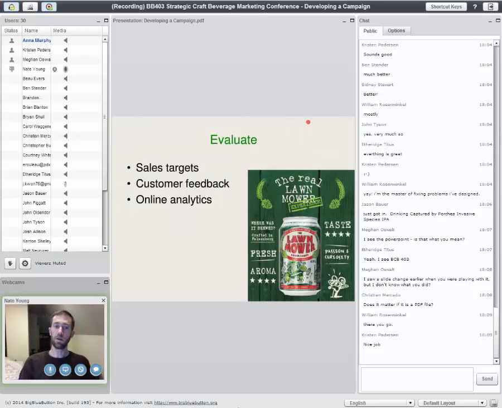So you hit send, you got all the products delivered and on time, and it hit the grocery store shelves just as you hoped. You launched your Instagram campaign with the catchy hashtag that you've been thinking about for 2 years. Now it's time to evaluate the success of your campaign. This is something that a lot of, especially small companies, find either that they don't have time or don't really know how to do. And I'm going to argue that it's one of the most important things,